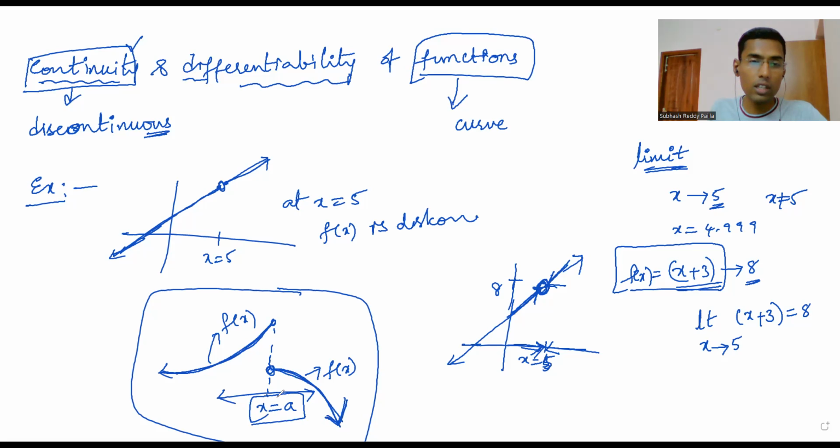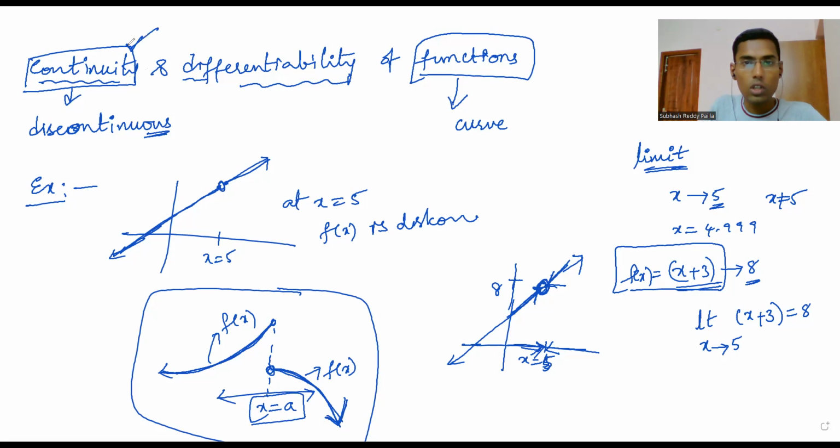Continuous everywhere except at x equal to a. That means at x equal to a, it is discontinuous. At x equal to a it is discontinuous, and everywhere else it is continuous. So what I'm saying is that continuity, in general meaning, is only